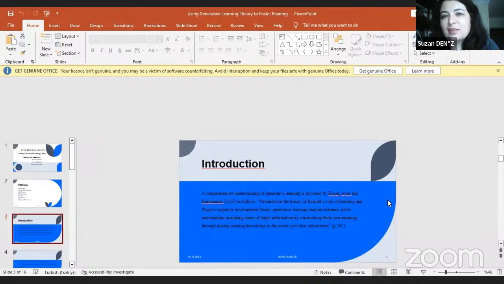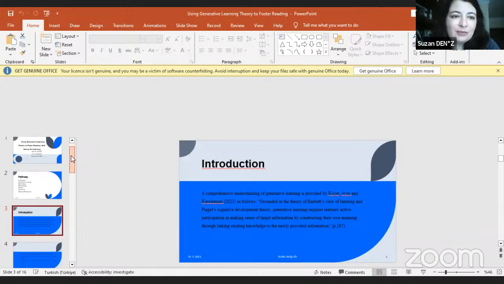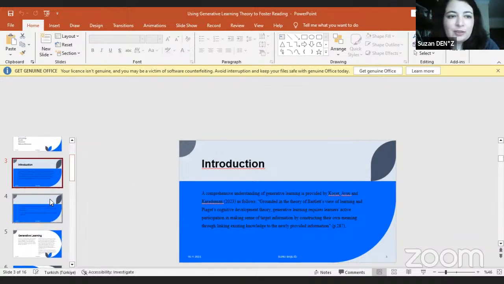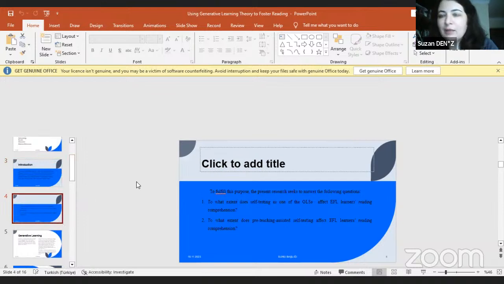Generative learning strategies, as you have seen, target student-centered learning. I mean, they have to participate actively in their learning process, application process, instead of the general and traditional spoon-feeding teaching process. So after this brief introduction part, I would like to present the two study questions we attempted to